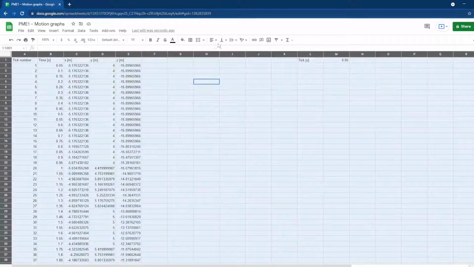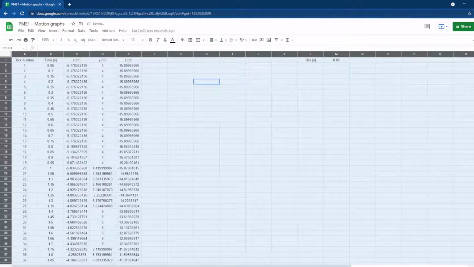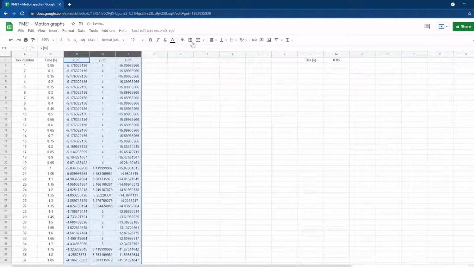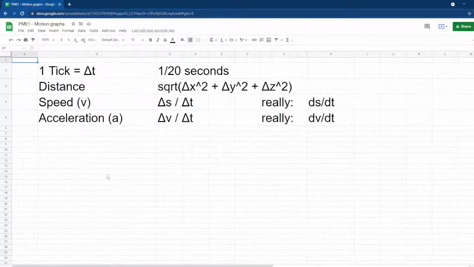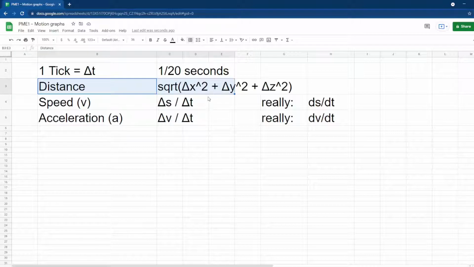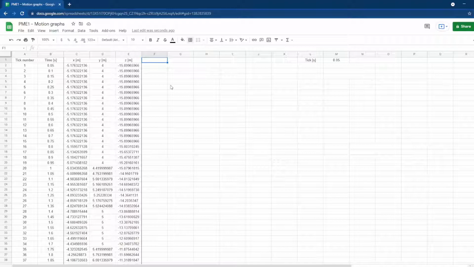Let's now also make the sheet a little nicer by aligning to the center, and we will also border the 3 coordinates. Now we can use our formula for distance to calculate the distance we have traveled between 2 ticks. So that will be distance in meters, and the first one is 0. In the first tick, we haven't moved yet. In the second tick,